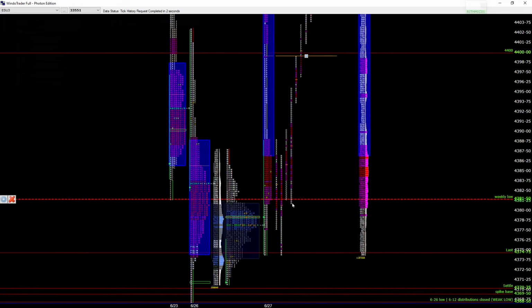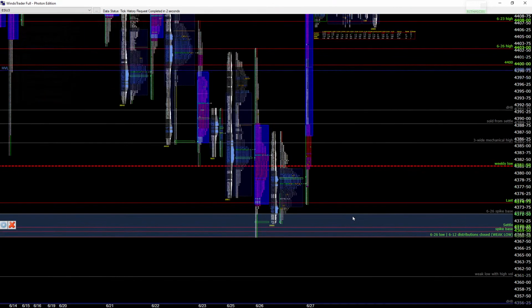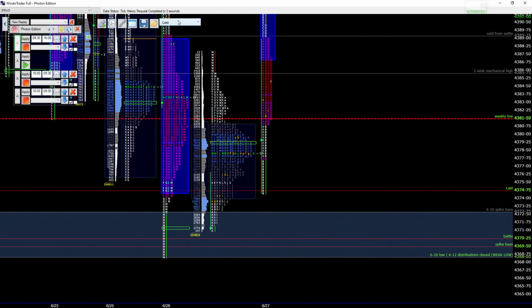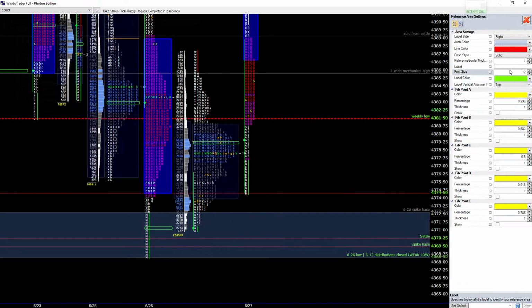This one is a mechanical level, and this pullback here, the base of the rally. Okay, the base of the rally is mechanical. It's a mechanical base, and the daily low is very mechanical as well. I'm going to close this. Basically, how do I do my homework? I'm going to close this. I'm going to use a weak or mechanical level.